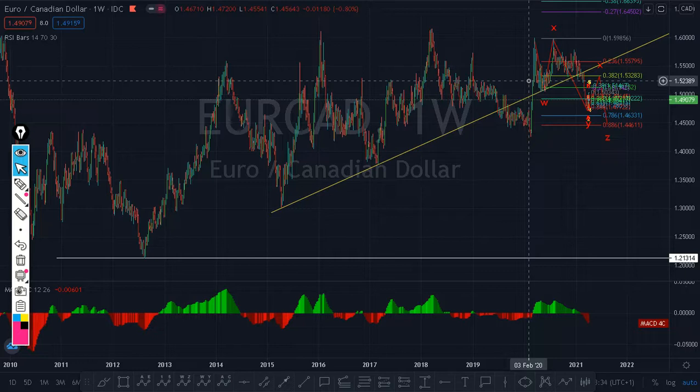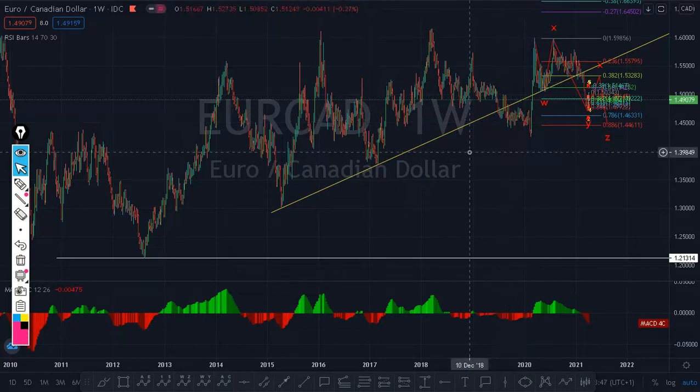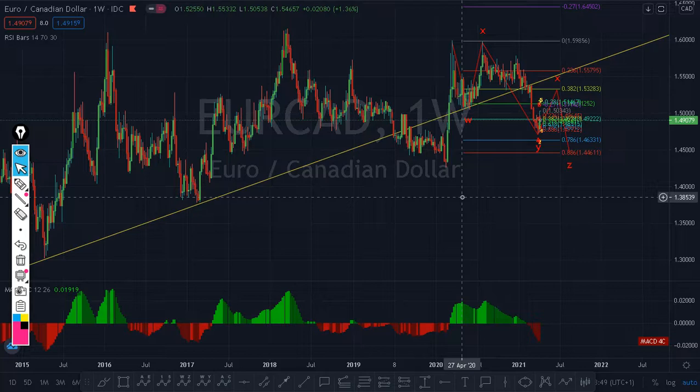In 2020, it makes a sharp move up. After many years, it made a sharp move going up, but it's going down once more. So, as I said, weekly, don't bother going to it every time. Let's go to daily.